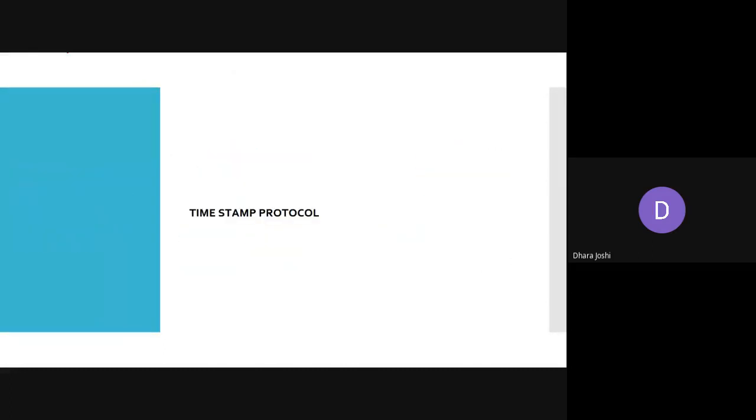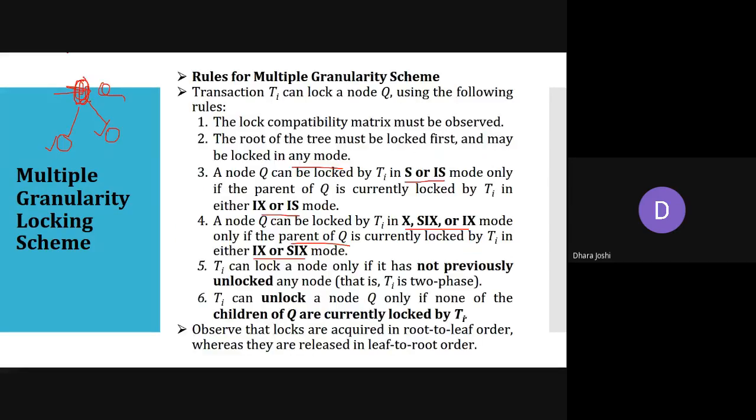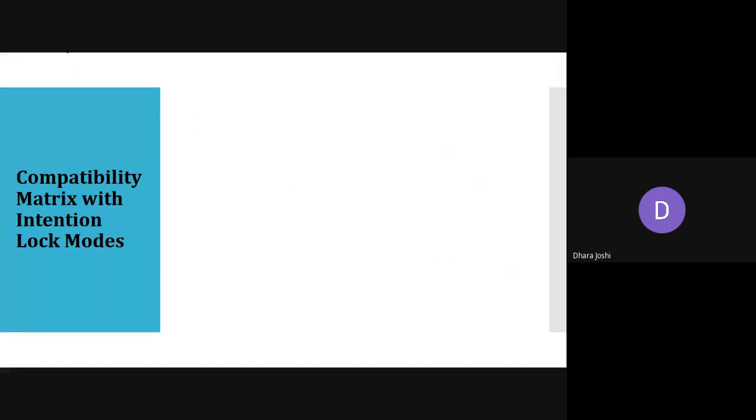Okay, so we have done a major concept today. First, we have seen what is the disadvantage of tree protocol. Then we went to the multiple granularity concept. Granular means what? Small particles. So we are dividing our entire database into different parts. It can be of different sizes. If we have small parts, we call it fine granularity. If we have larger parts, we call it coarse granularity.